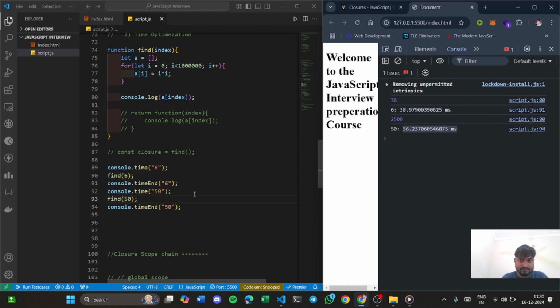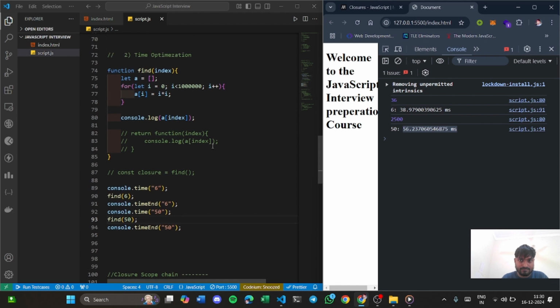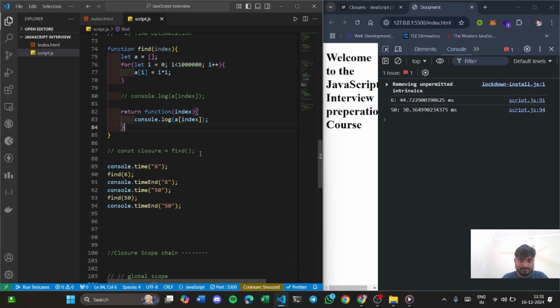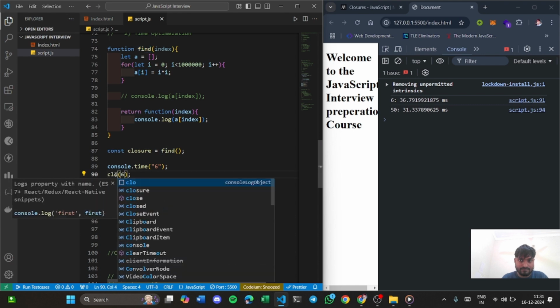Now this is a lot of time in programming, right? If you want to decrease this time using closure, what you can do is create a function inside this function. This function is called a closure, as we have seen above, and let's store this closure inside a variable named closure. And now if you call this closure